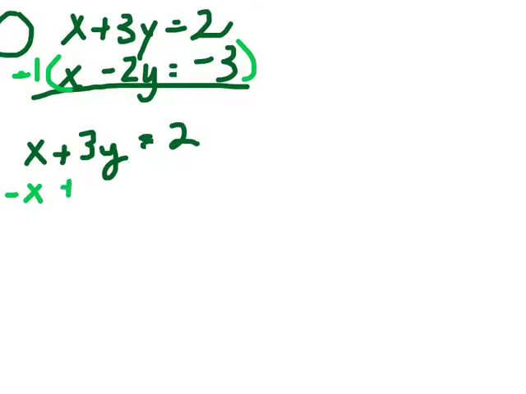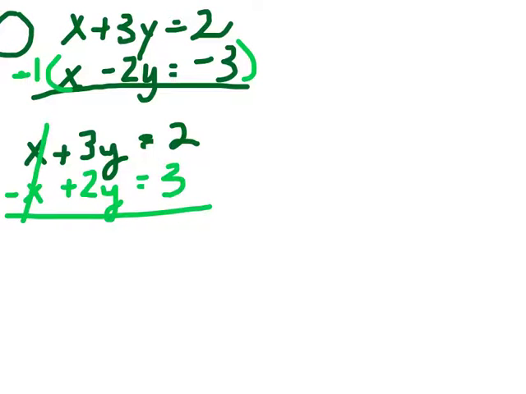-1 times -2y is +2y, and -1 times -3 is a +3. Basically, all you got to do is change the signs on each term, and you can accomplish it by multiplying by -1, dividing by -1, or just going and changing all the signs and saying, hey, that's what I did. Okay, so now x minus x is 0, 3y and 2y make 5y, and I get 2 plus